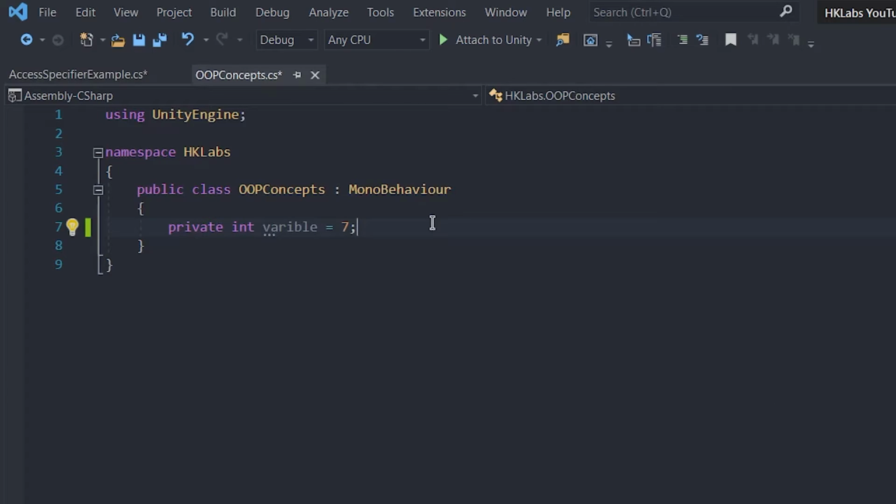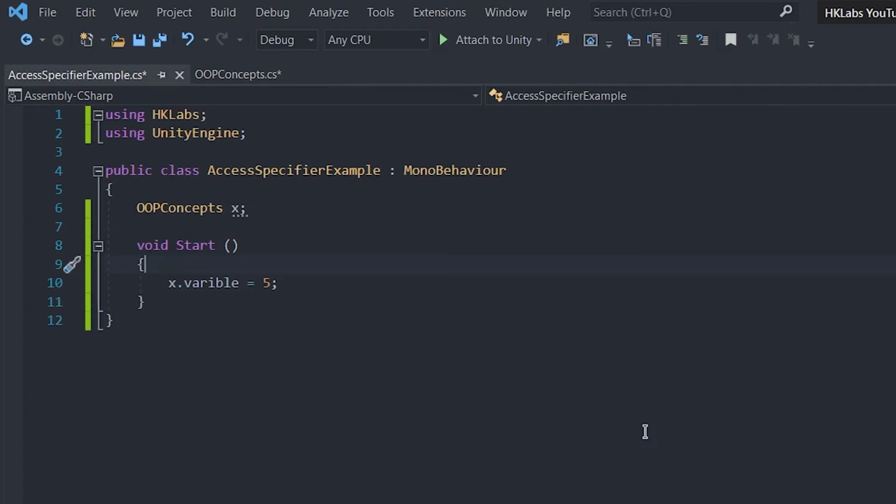Well, it tells me that this variable is private. Therefore, what I learned from this is that private variables and methods can only be accessed inside the class that they were created, whereas public variables and methods can be accessed from literally any class that you create inside your project